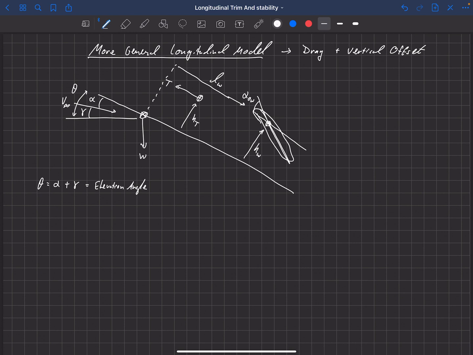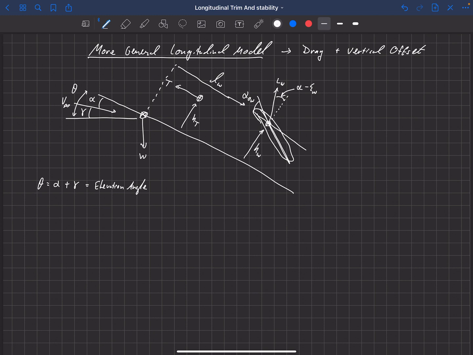And so let's see, if we were to measure the lift of the wing relative to a line that is perpendicular to the fuselage reference line, that would be offset by alpha minus the downwash. So I'm going to just put that in there. So usually we're just used to saying alpha here, but if we include the downwash, then it'll be alpha minus epsilon sub w, the downwash that wing is seeing.